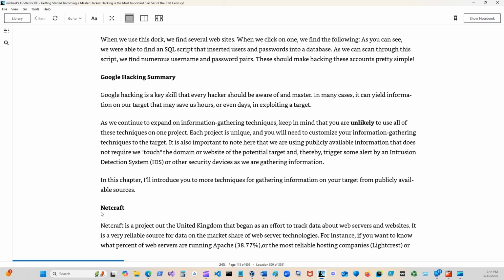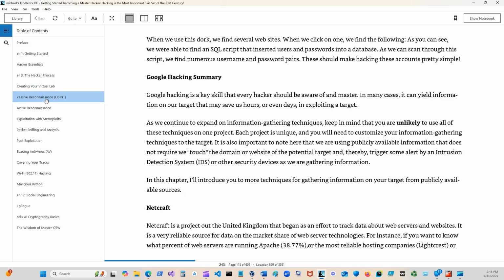Now we'll start with Netcraft. Netcraft is a project out of the United Kingdom that began as an effort to track data about web servers and websites. It is a very reliable source for data on market share of web server technologies. So we're still in passive reconnaissance.